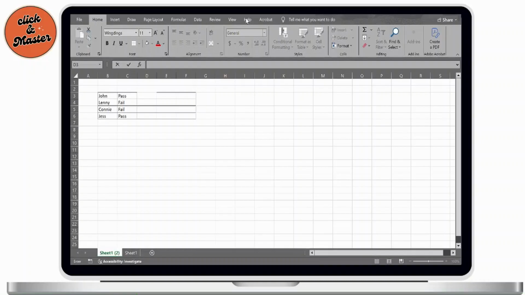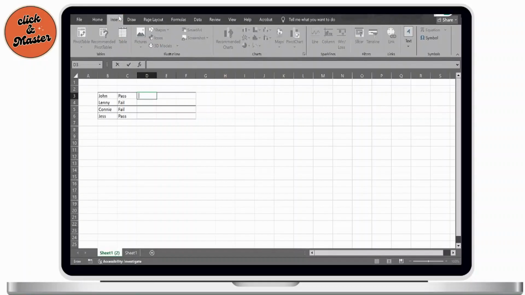First things first, open up your Excel sheet and then go to the cell where you want the symbol, and then on top go to Insert. And then you can see Symbol on the right hand side. Tap on it